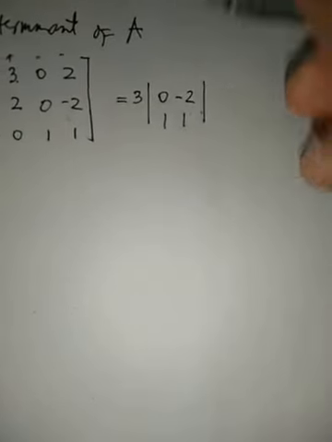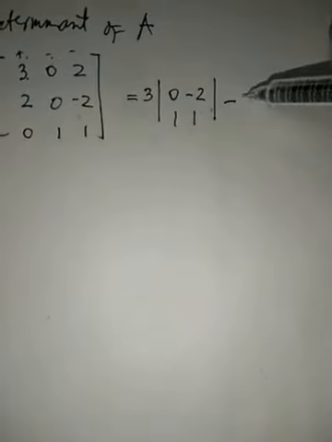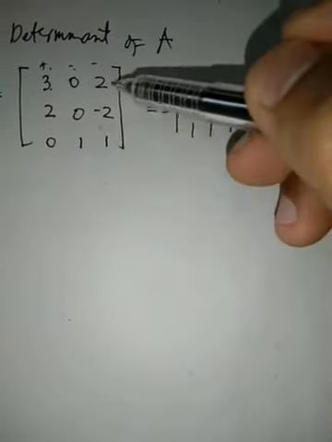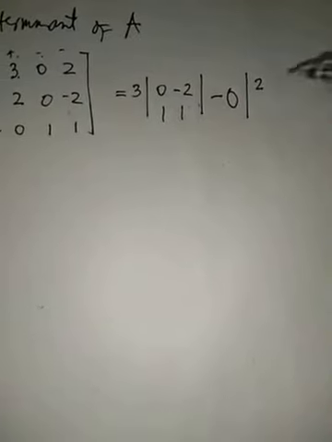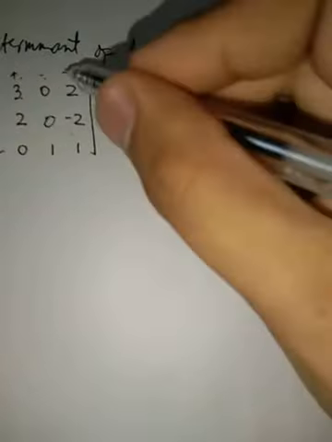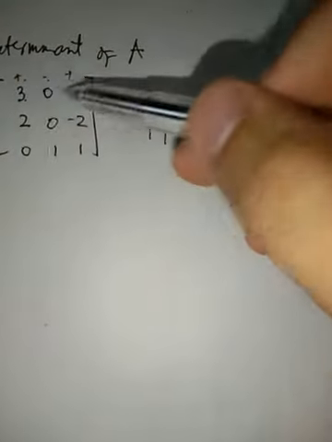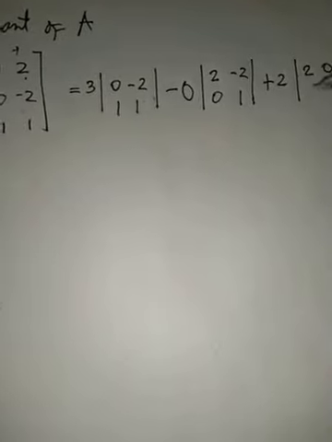Tama? Okay. Plus, minus. Kasi plus, then minus. So, minus 0. Then, disregard the first column at saka first row niya. So, ang naiwan is 2, negative 2, 0, 1. Okay? Then, plus 2. Okay? Disregard yung first row, third column niya. So, ang naiwan is 2, 0, 0, 1. Okay. Then